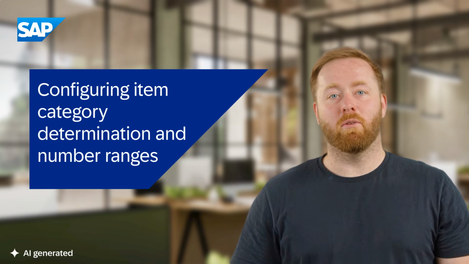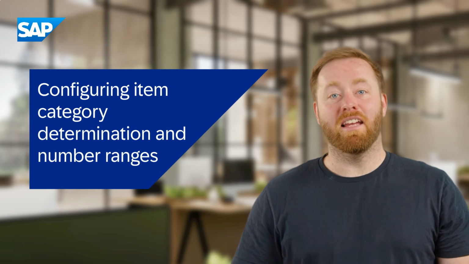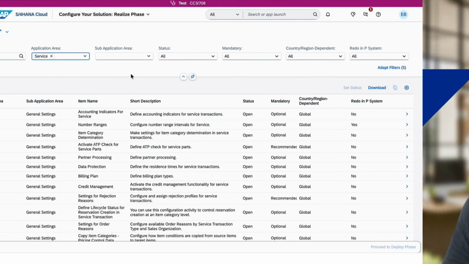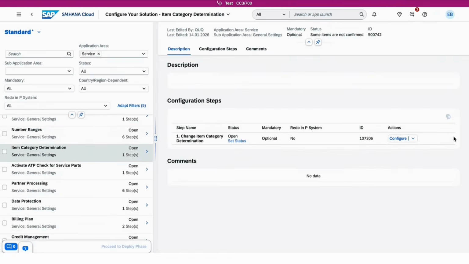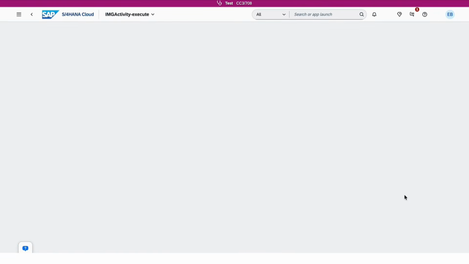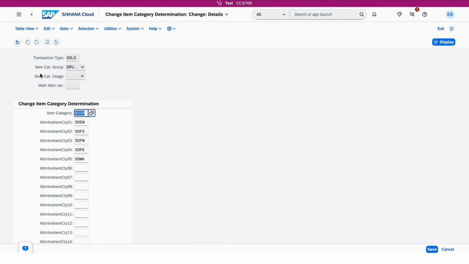The first feature is all about giving you more control over how solution orders behave in your system. Key users are now able to customize and refine the default item category determination and define number ranges for service objects in solution orders. With Release 2608, we are introducing 2 new Self-Service Configuration UIs, one for defining your own custom number ranges, so your solution orders carry the order numbers that make sense for your business, and one for item category determination. This allows key users to define and assign custom number ranges to solution order transaction types, enabling